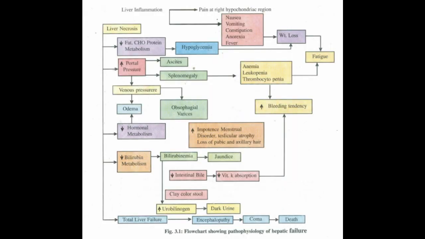3.2.2 Etiological factors. The etiological factors of fulminant hepatic failure may include the following. Viral hepatitis: hepatitis A and E is the commonest cause, accounting for 60 to 75% of all cases. All viral infections causing acute hepatitis may be complicated by FHF. Other non-hepatotropic viruses, such as Epstein-Barr virus, cytomegalovirus, adenovirus, and herpes simplex virus can also cause